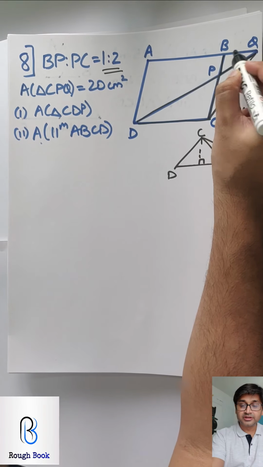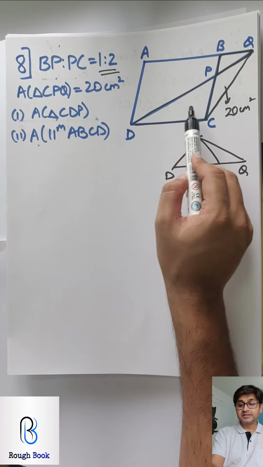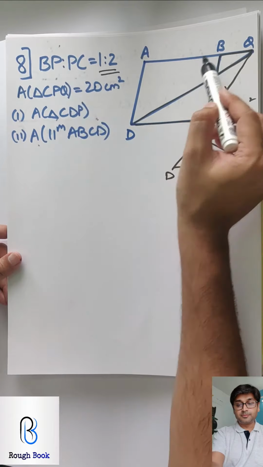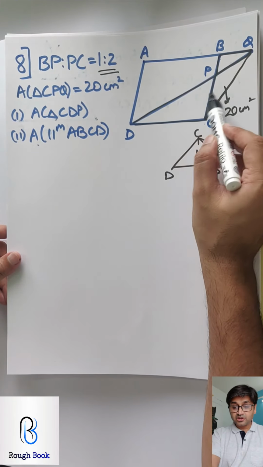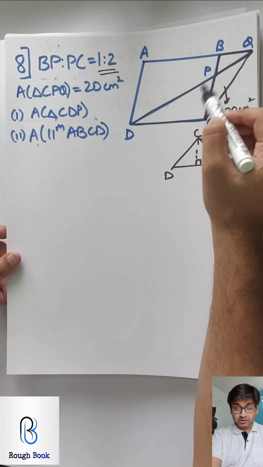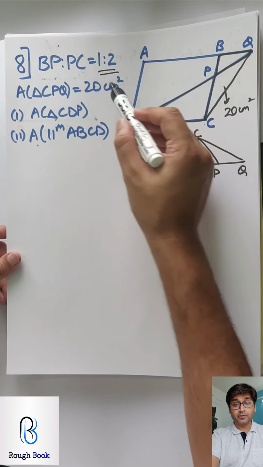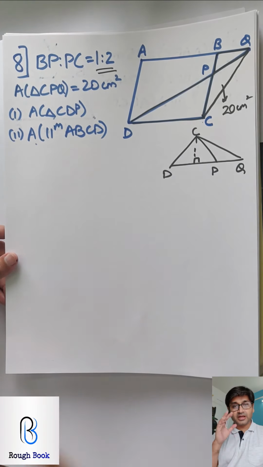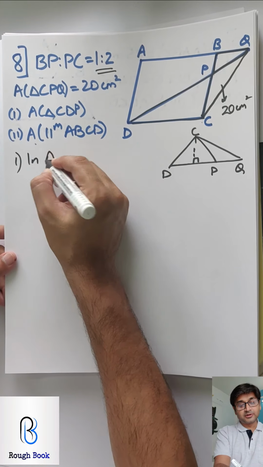So what I can now do is take these two opposite triangles, BPQ and DPC, and prove them similar. Then say BP upon PC equals QP upon DP, as 1 by 2 by CSST. Then use these two triangles with common height. So first thing, prove these two triangles similar by AA test. Reach there, wait for me, I'll be there with you. So let's begin. Pause and try it out. At least this much everyone can do.